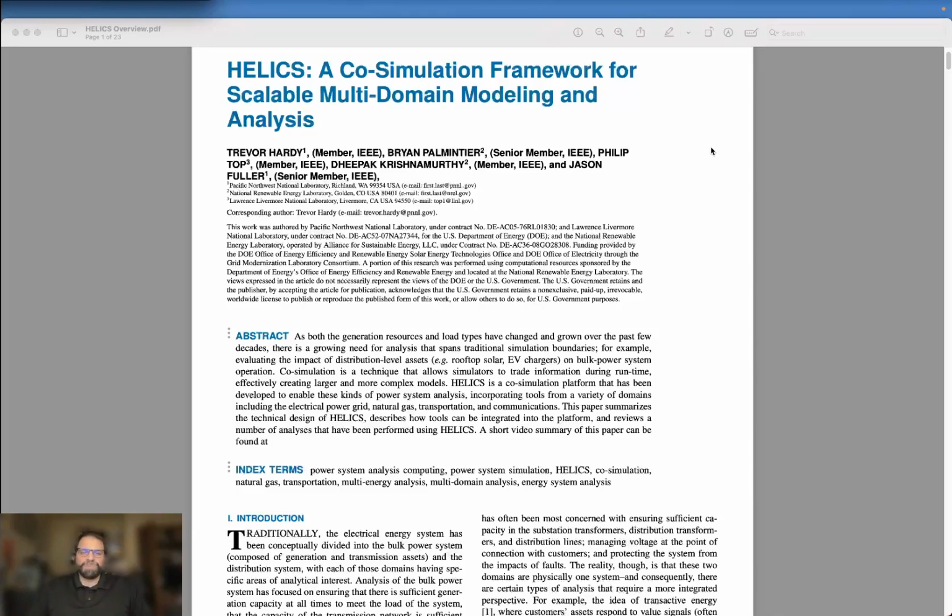I'm a power systems research engineer at Pacific Northwest National Laboratory, and I am one of the authors on this paper and a member of the Helix team, and I want to provide a short overview of this paper that